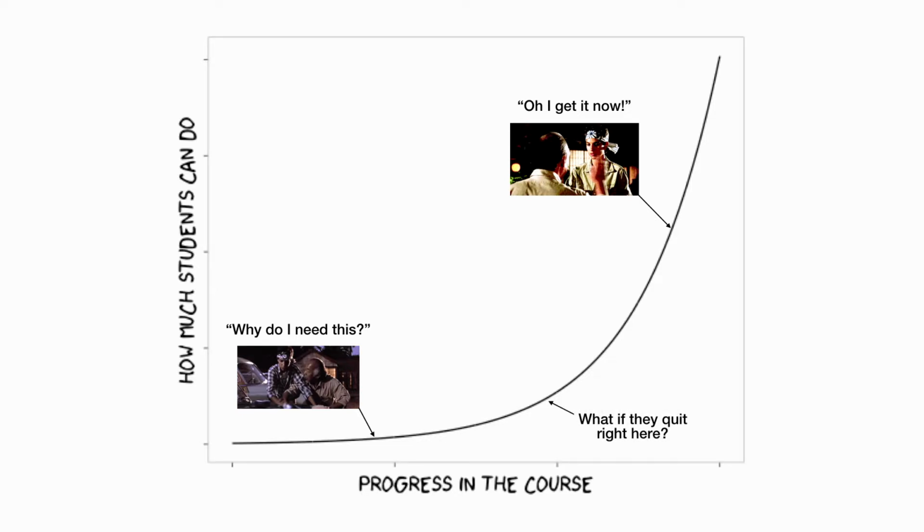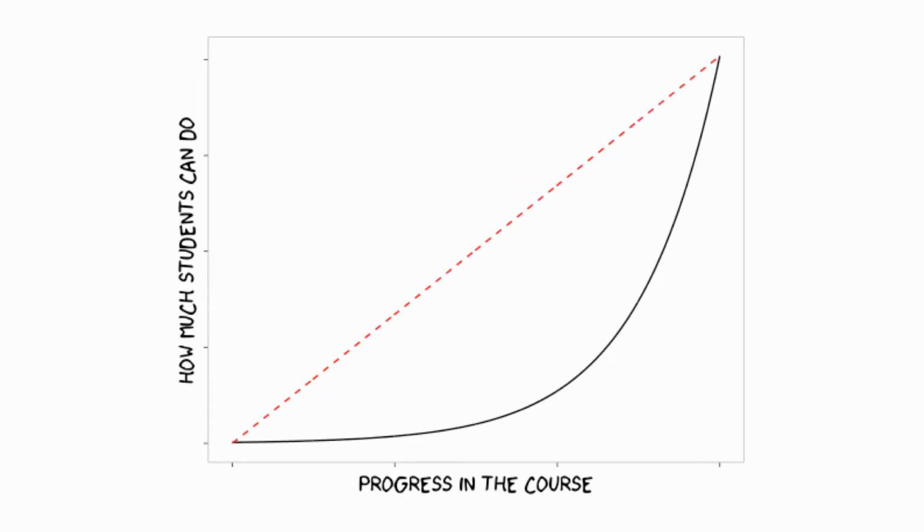I mentioned that of the kinds of teaching you might do, working with coworkers or public advocacy in a blog post, a lot of them have non-captive audiences. Nothing's stopping them from quitting. Maybe they're busy people, they've got jobs to do, and they're not necessarily going to stay to wait until it all comes together. A better path might be that the further progress you make in the course, the more students can do in a linear trend. So people are always gaining more and more power.